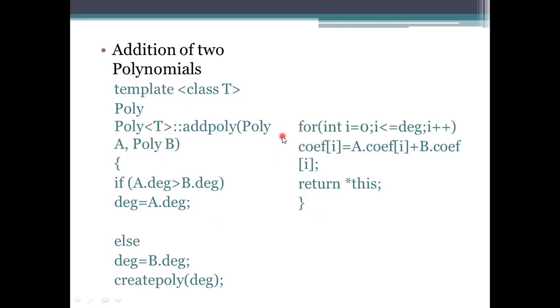And coming to the next and last operation here, addition of two polynomials. How we access this addition is that we need to take two polynomials into account, A and B, and check which one has the highest degree, because the highest degree one will be taken into account, and we perform the addition operation based on that one. So if A has the highest degree, then the resultant degree will be as high as A. If not, B will be specified.